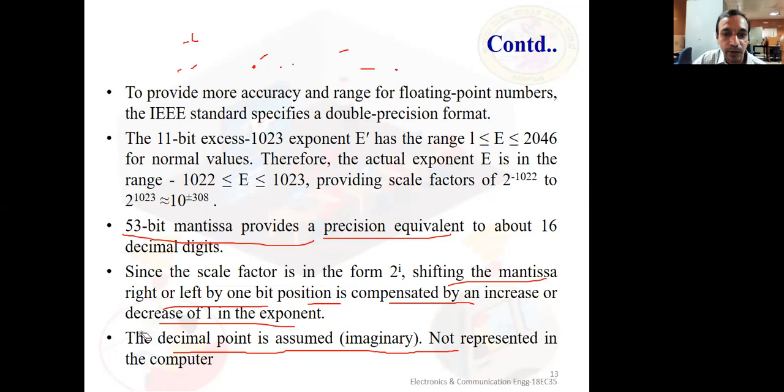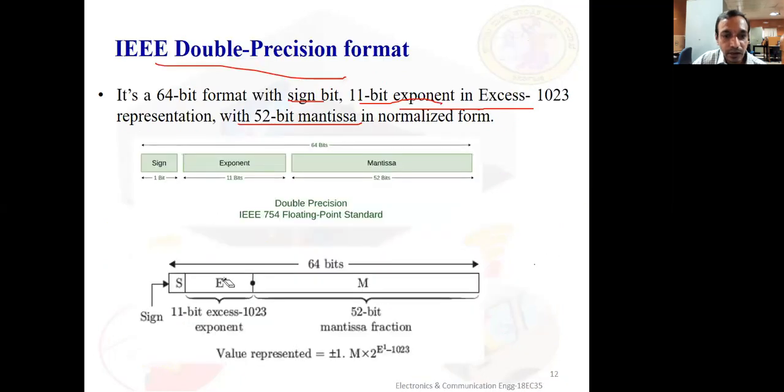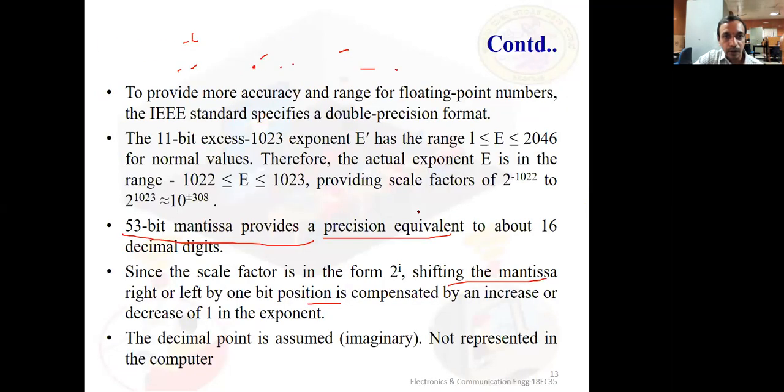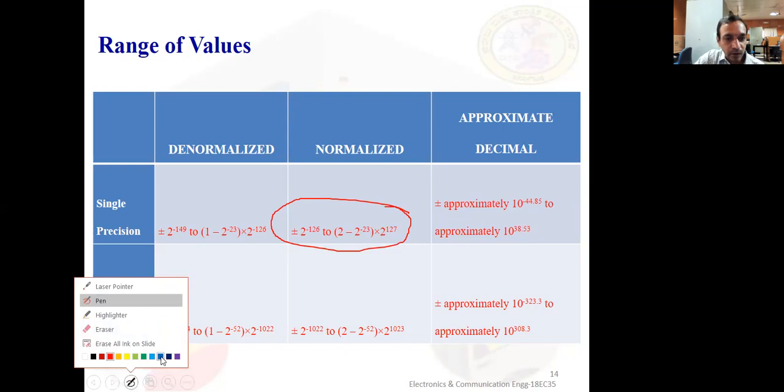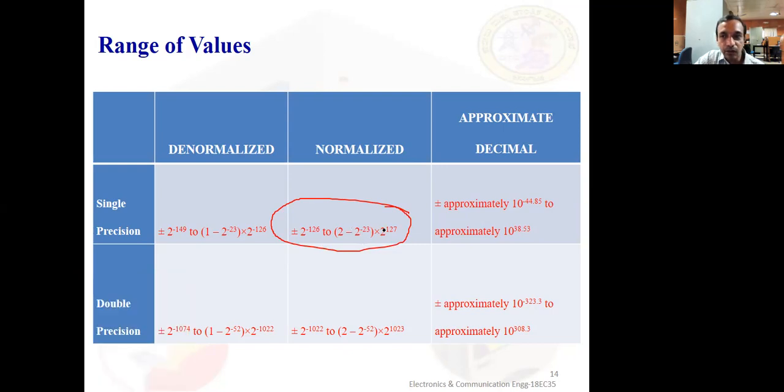That is why we have given that exponent format and the mantissa format you can see here. If I write this exponent, based on that I will put the decimal point. Okay. So the range of values is a standard one. You can at least remember this. So what is the maximum? Because we are using the biased exponent, the range would be like minus 126 to plus 127, or similarly from minus 1022 to this much. So approximately 10 power, you can see here.